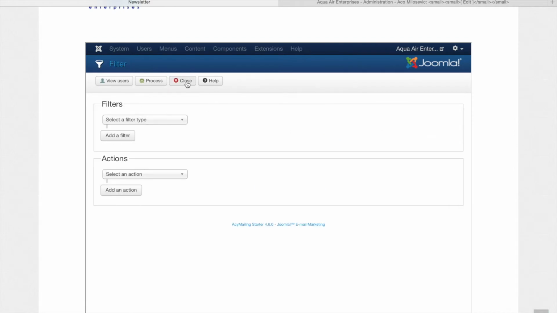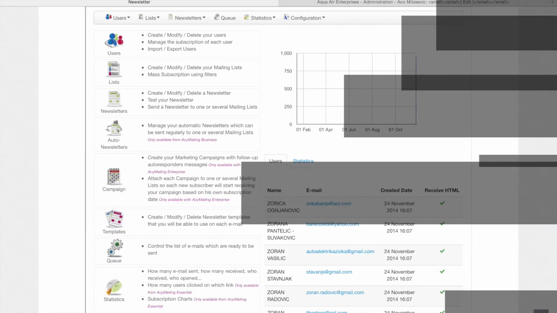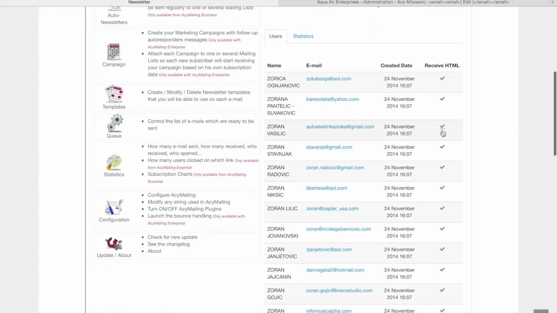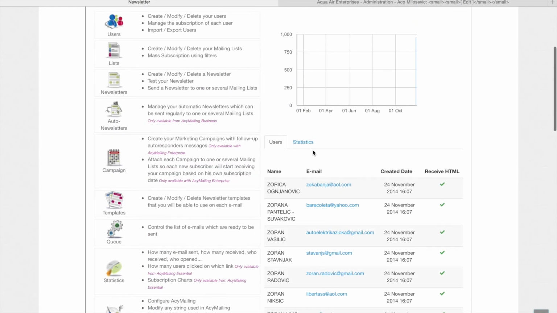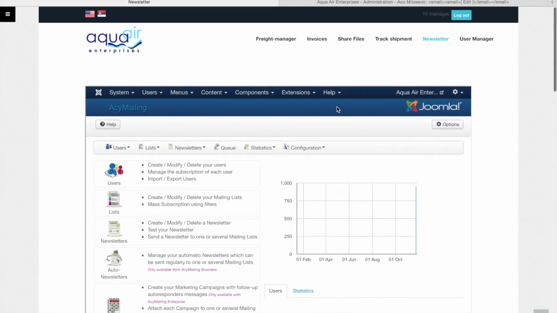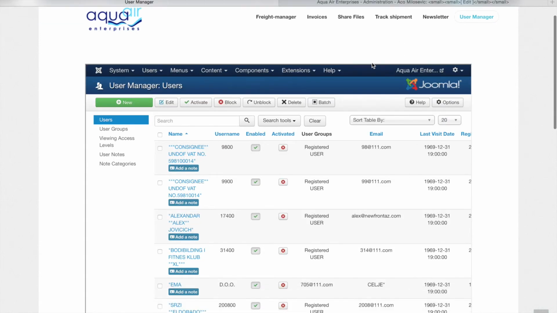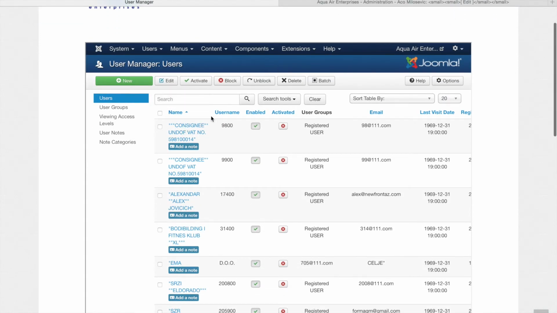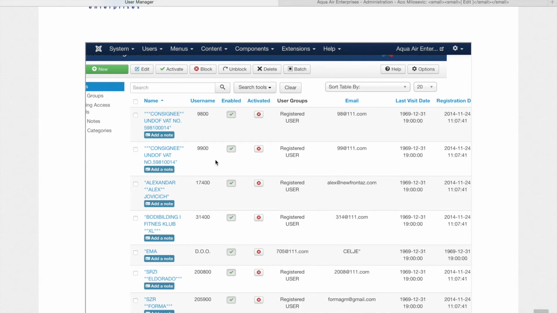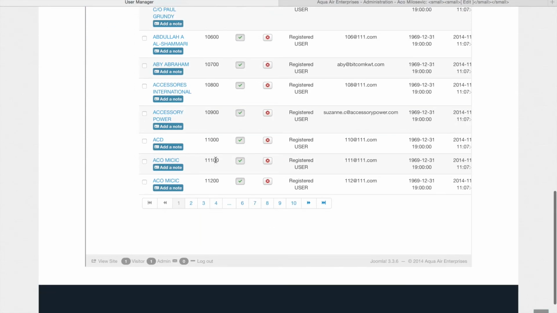You can add filters as well. So this is about the newsletter system, statistics. However, play around, try it. User Manager, it's a core database of the Joomla platform where you can use